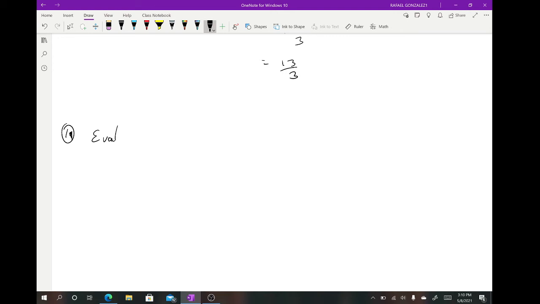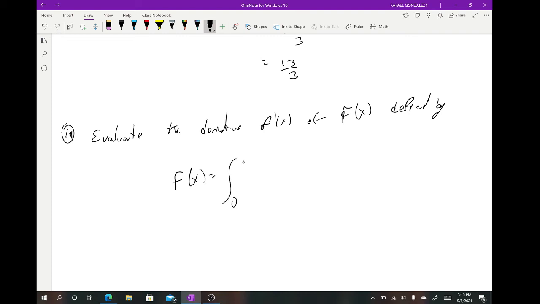So here we are asked to evaluate the derivative f prime of x of the function f of x defined by f of x is equal to the integral from 0 to x of 1 over radical 1 plus t cubed